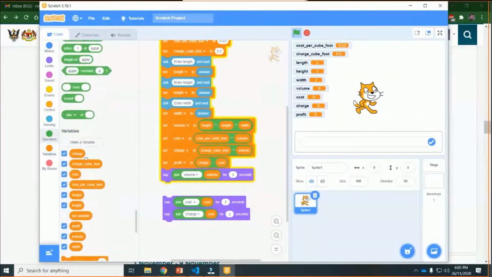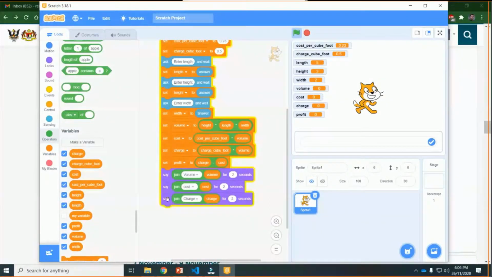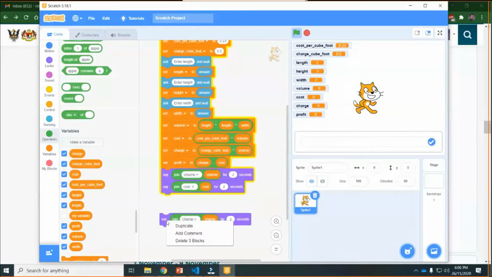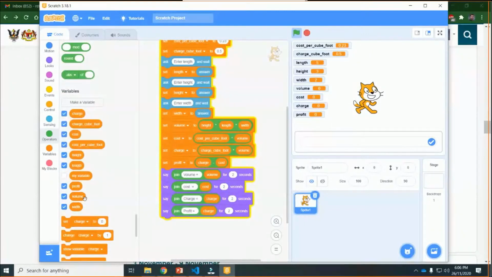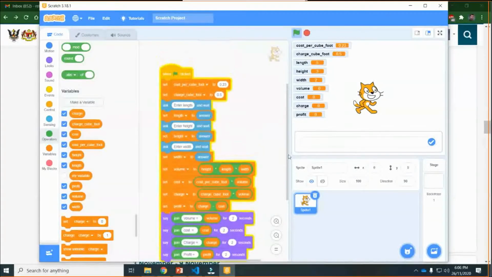Take the cost out, throw it away, and put charge. Then duplicate once again for profit: profit equal to profit. Bring profit from here. Where is profit? This one. Take this out, throw it to the left, put this. I think done, right? Everything done, right?